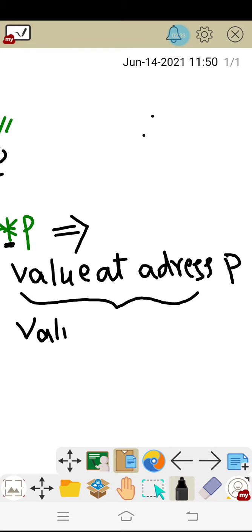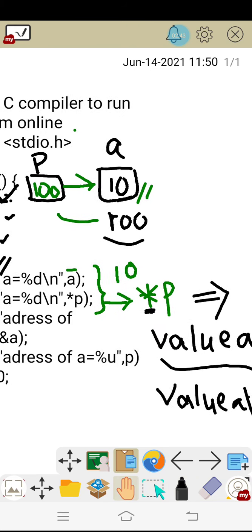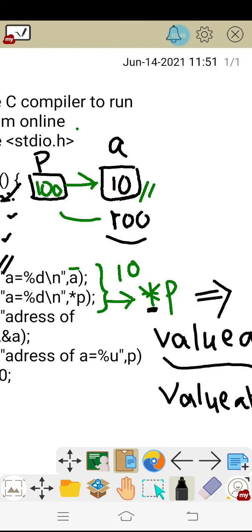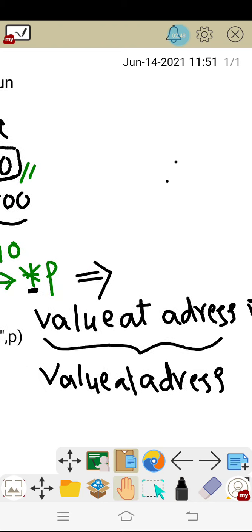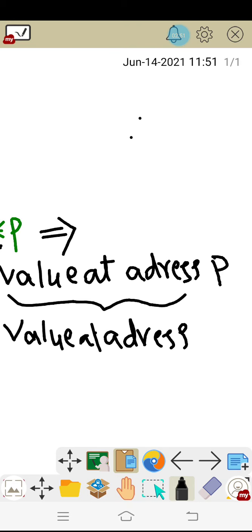Value at address. What is the p value? The p value is nothing but 100. As you can see here, the p value is nothing but 100. So substitute the value 100 here. So value at address 100.